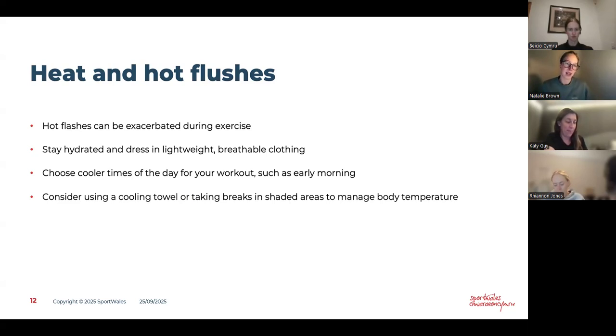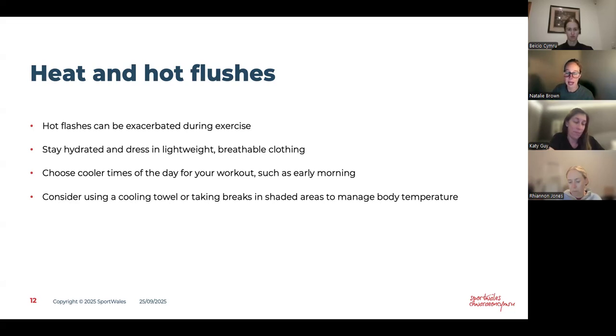I do a lot of that when I'm working with climbers or mountain leaders. They're going out needing loads of layers at the top of a mountain, but they've either got one massive jacket on or nothing at all. And when they're having hot flushes, that can be really challenging. So just thinking about clothing has actually been a massive change for some of them. So I thought I'd also include that within the talk to you guys tonight. It's just something to consider. It might sound obvious, but sometimes when we're in a rush and we've got lots going on in our minds, we don't necessarily think about that. So try to plan it and get into a routine of what works for you.